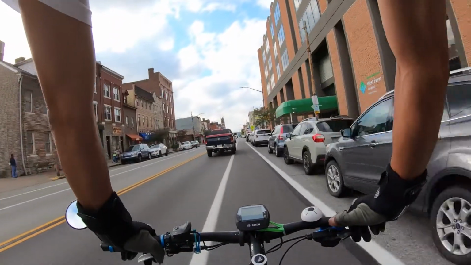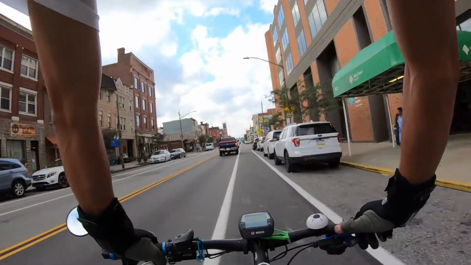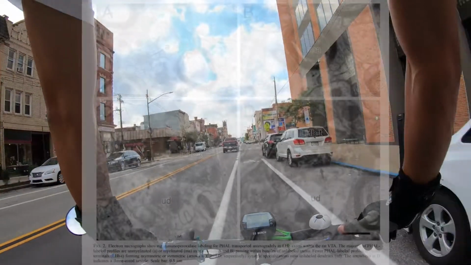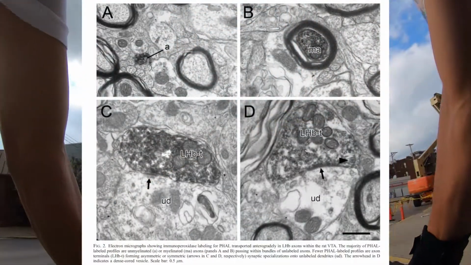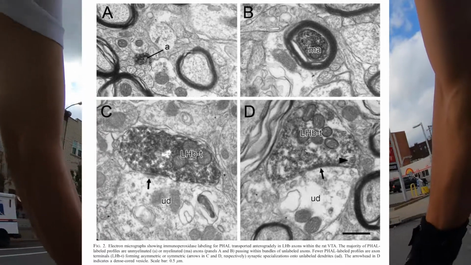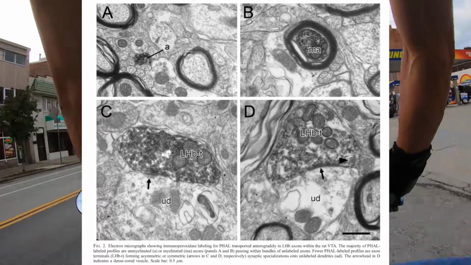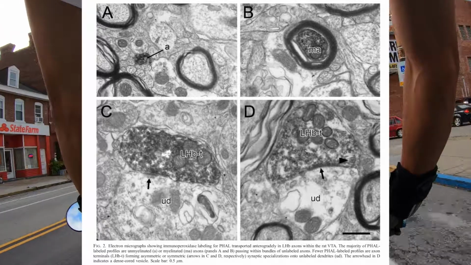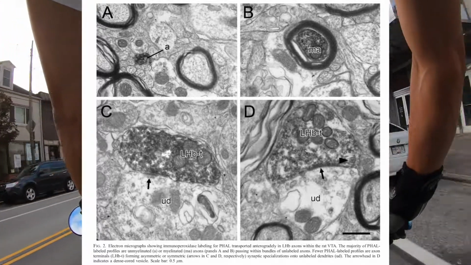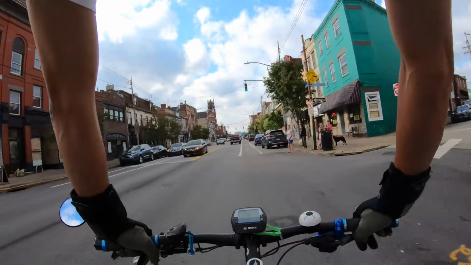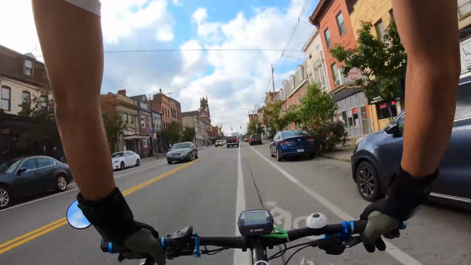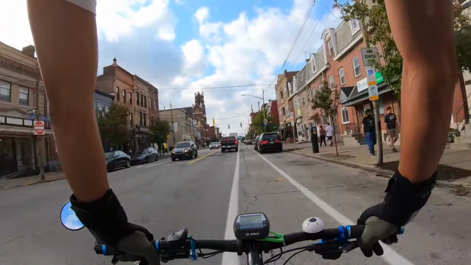But they do see both. And in figure one, they're very specifically looking at those terminals in the VTA and how they're labeled. They can see different combinations of asymmetric and symmetric synapses and lateral habenula and